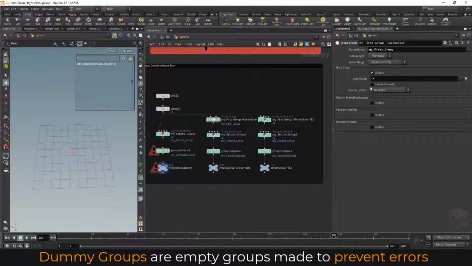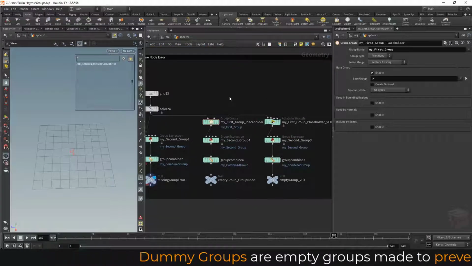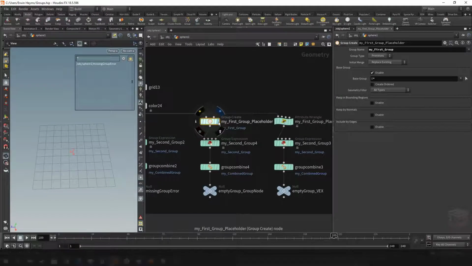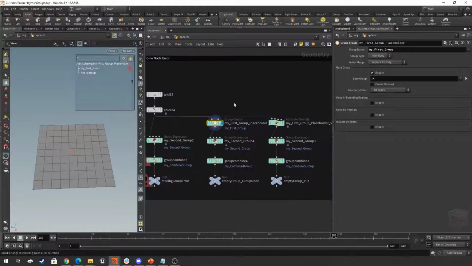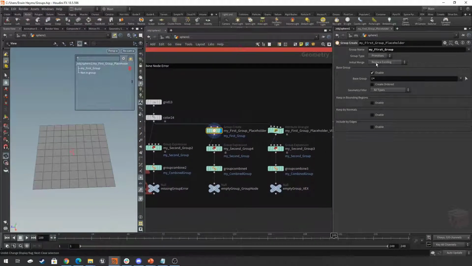We can do this through several different methods. The first one here is using a group create node. Now right now this one's set to replace. Now we don't want that because let's say we, under normal circumstances, do have a group, we don't want to actually get rid of it. So in this case we can use the union with existing option and then just say